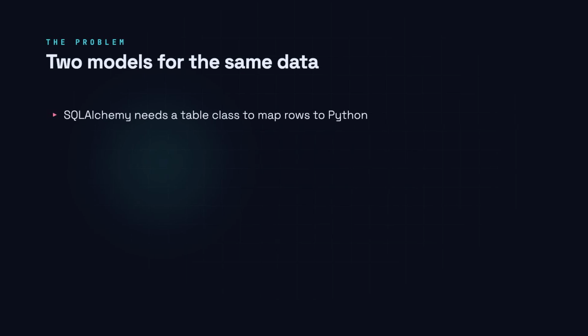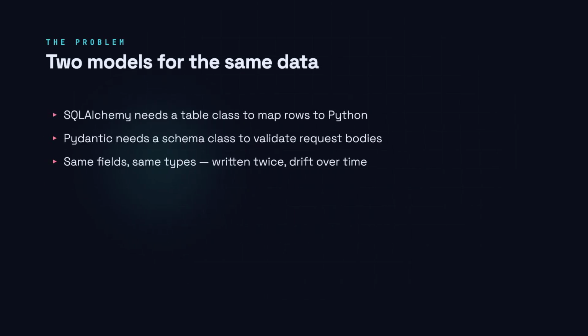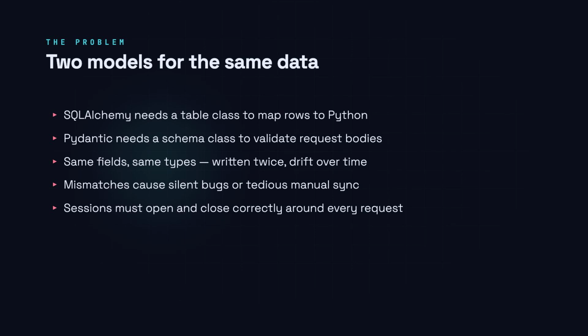Here is the pain. When you add a database to a FastAPI app the traditional way, you end up writing your data structure twice. Once as an SQLAlchemy mapped class, so the ORM can read and write rows, and again as a Pydantic model so FastAPI can validate request bodies. Every time you add a field, you must remember to update both, and if you miss one, you get a bug that is hard to trace. On top of that, you have to manage database sessions carefully so they open before a request and close after,